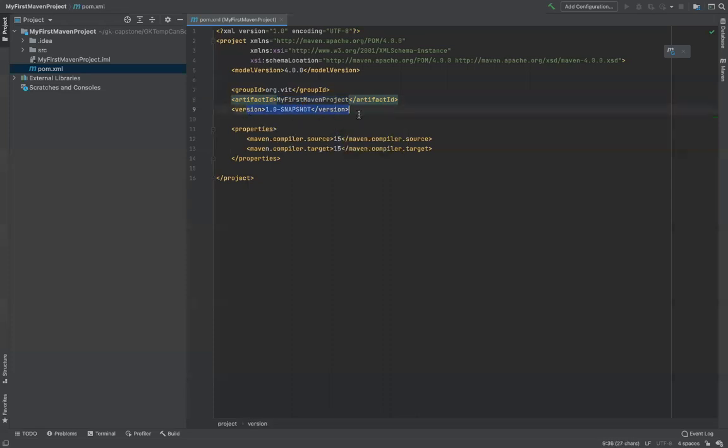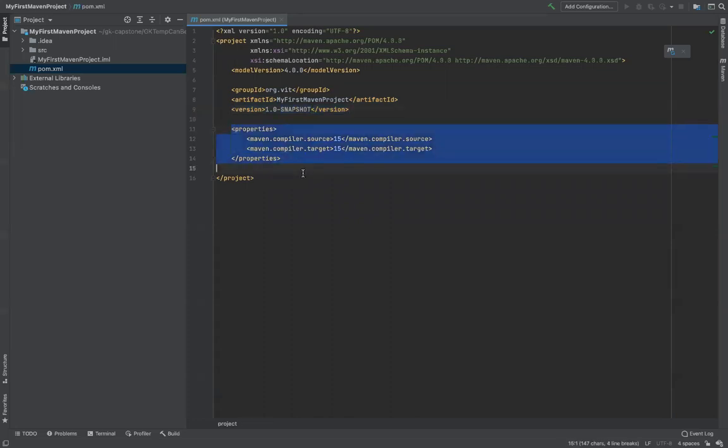Version is the software version, because no matter what code you are writing, it always has to be versioned, right? That's how you see WhatsApp version this, and Facebook version this, and there are different versions of the different apps which you have in your system. All software has a version associated with it. The very first basic version is by default set by Maven as 1.0-SNAPSHOT. That's a version. Again, nothing of much importance at this stage.